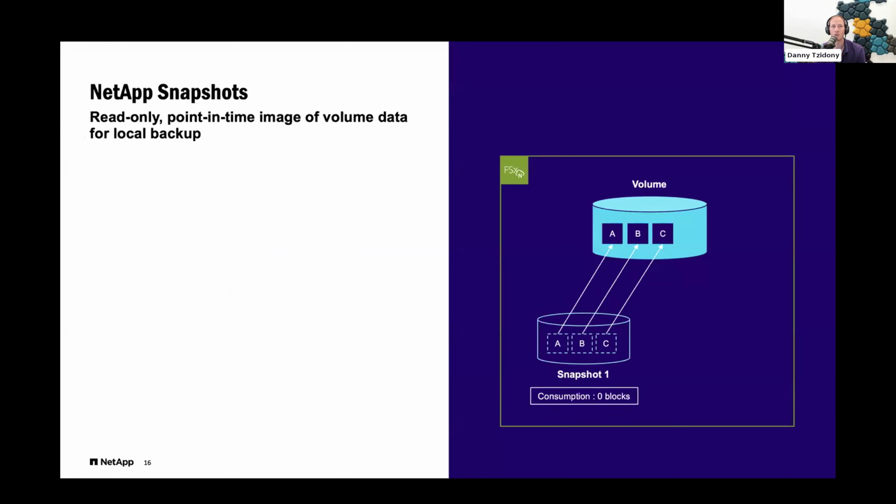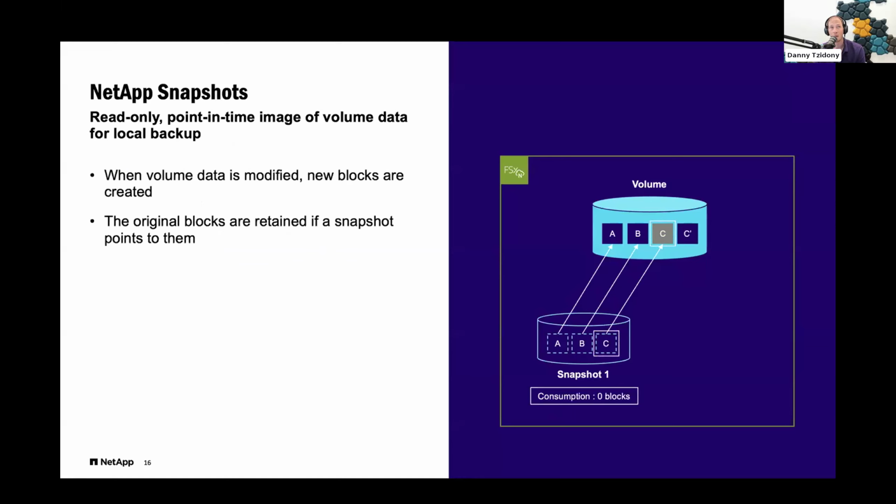And it is ready for recovery. Now, let's say you keep working on your volume. You change your data. What happens then? The original blocks are retained if there's a snapshot that points to them. And only after you've started changing your volume does the snapshot take up space. But it only retains the difference between the data currently on the volume and the